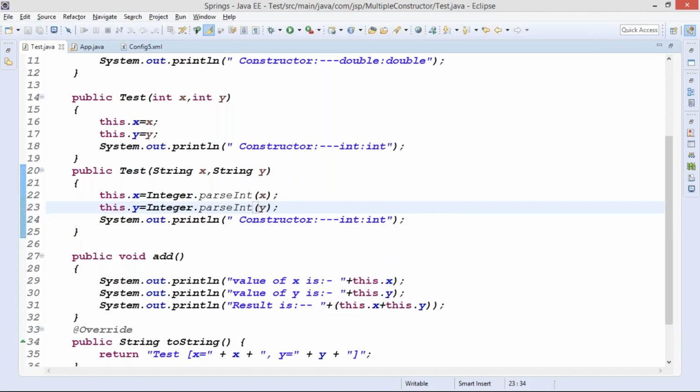So basically what happened here, we have converted the string value into integer value, and then we are going to store it in the member variable this.x, or in the member variable this.y. So here I'll change the constructor to string type and string type. We have converted the string type into integer type, and then we are passing it to the member variable. So guys, if I execute this,